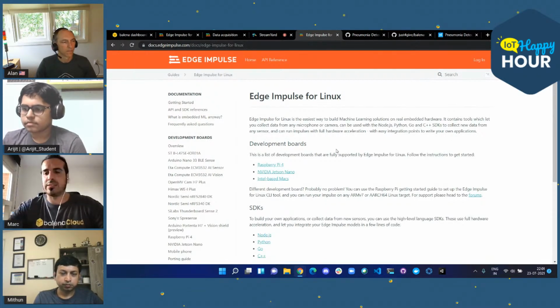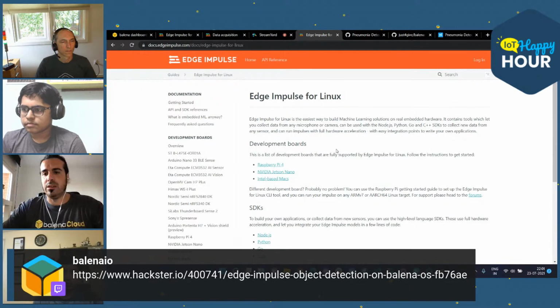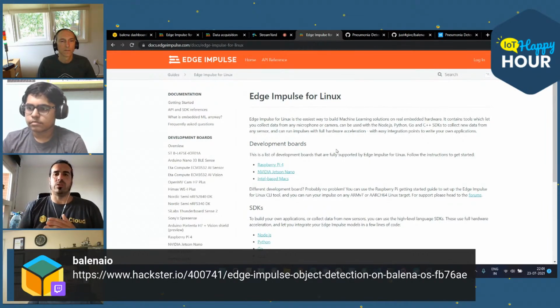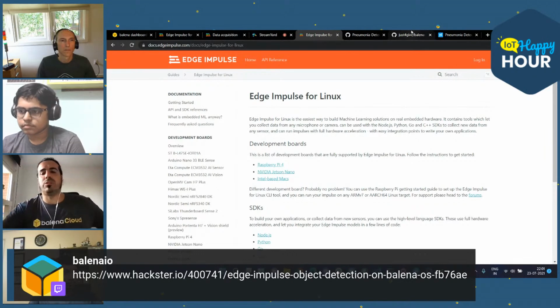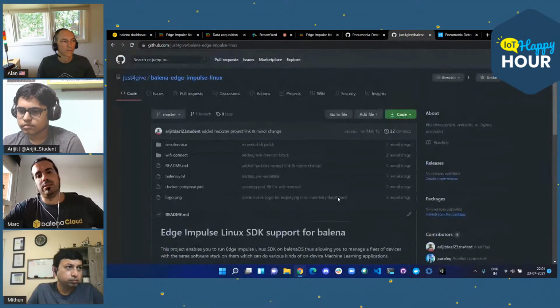So I shared this Hackster link on the chat, where you can see how easy it is to run Edge Impulse for Linux on Balena and do object detection, and it's super fast. You're going to see that it's super fast. On the other hand, it's heavy.